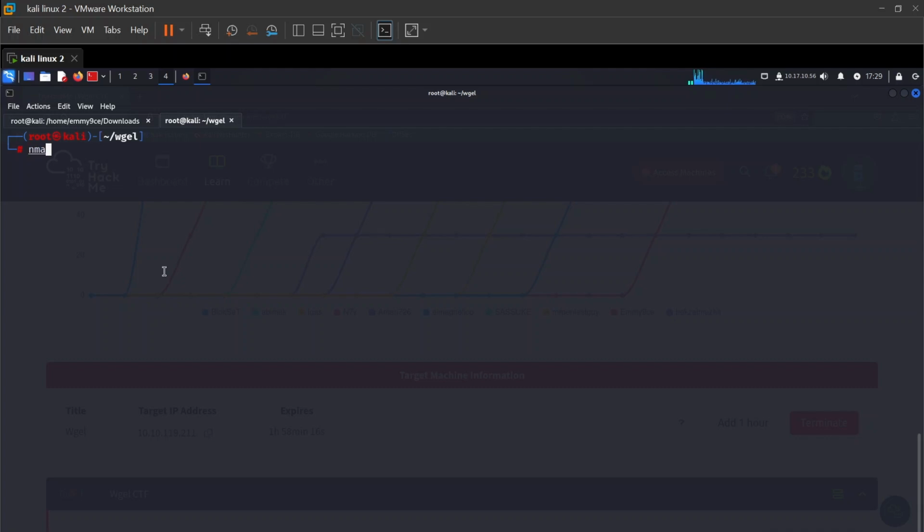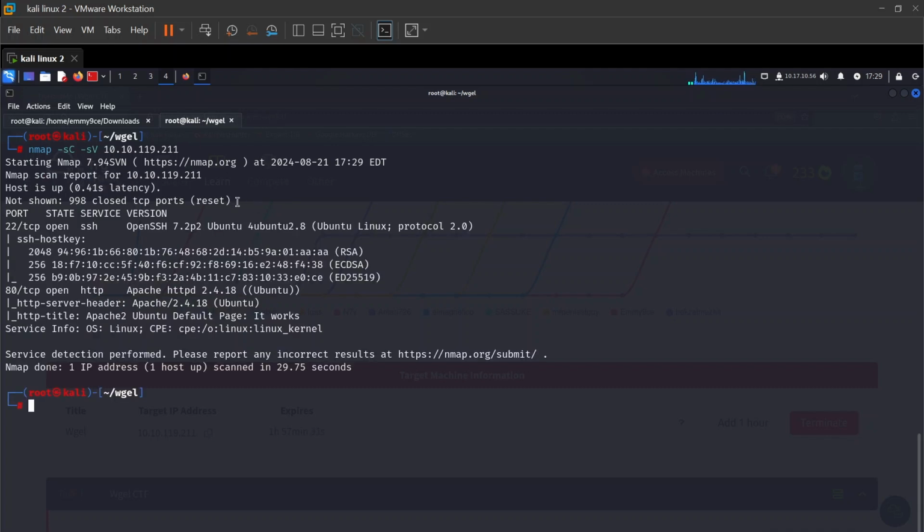So I'm going to use Nmap. I like to use -sC for scripts and -sV for version. Put the IP address, as easy as that, and hit enter. This might take a couple of seconds, and let's wait and see. Voila, so we have our Nmap result out. We can see we have port 22, the SSH port, open, and we also have port 80